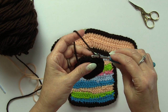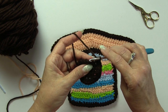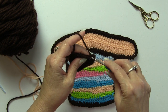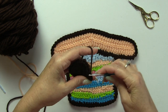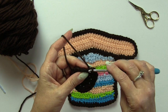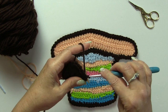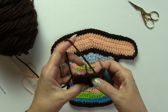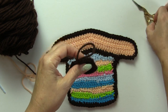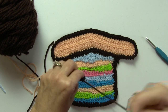So when you've gotten to the last of the 2 stitches in each one, go into that next stitch, pull through, and then enter your hook into the next stitch and pull through again. Okay? Now we're going to cut our yarn, pull it through,